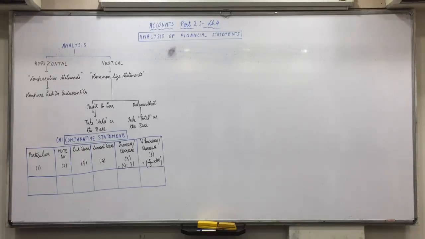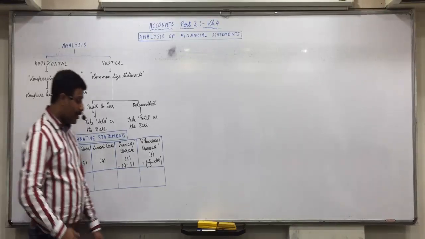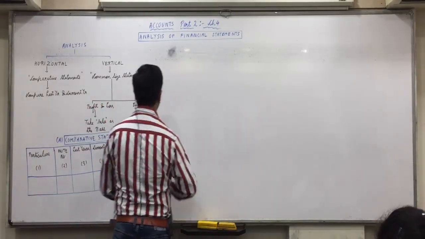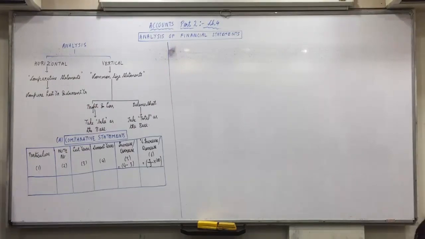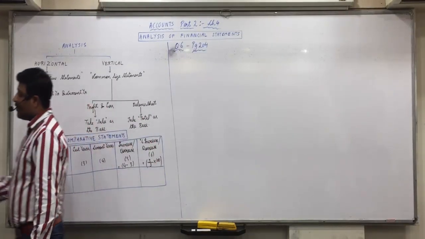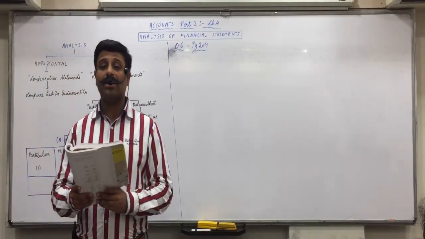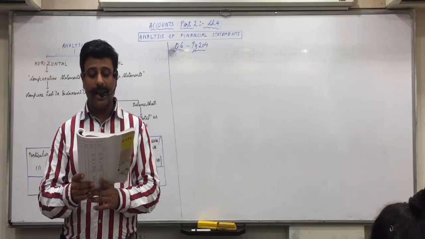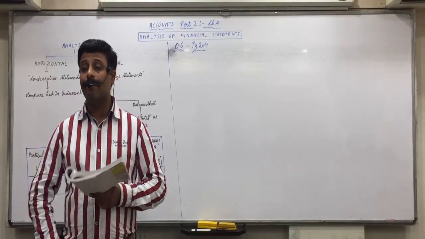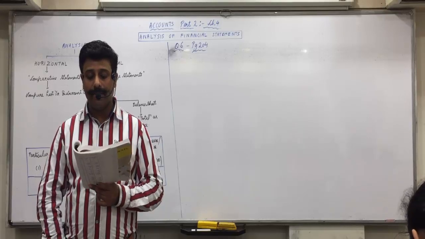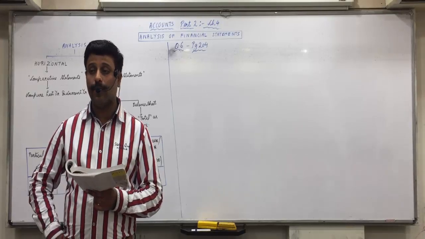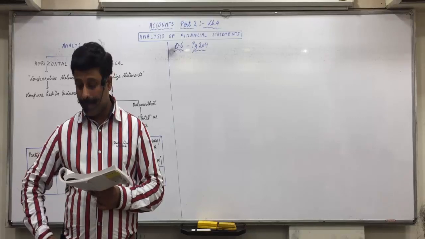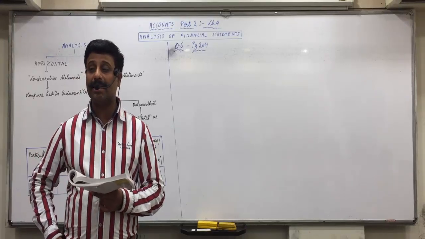So, page number 204, I will be solving question 6 on the board. Then I'll ask you 4 and 5. Okay? Question number 6, page number 204. Listen carefully, be attentive. Profit and loss statement for the year ending on 31/3/16 and 31/3/17 of Shankar Limited are given as follows. Now tell me, which one is current year and which one is last year?